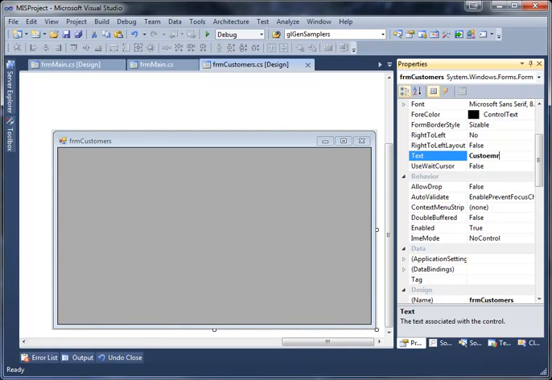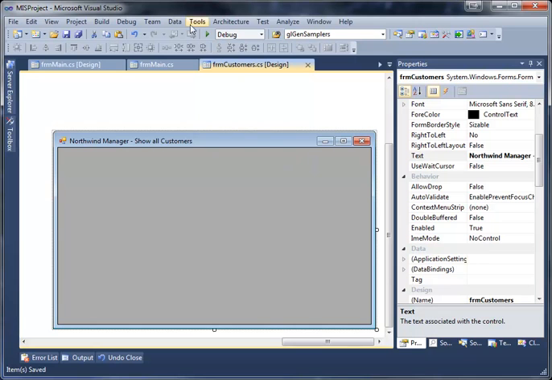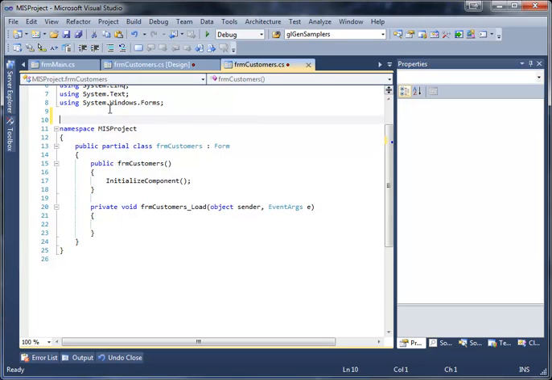So customers, or I could call it like North Wind Manager, show all customers. Okay. Now, most people, by the way, put dashes like here. I will actually keep it that way. So, once the form is being shown, I'm gonna have here in the using